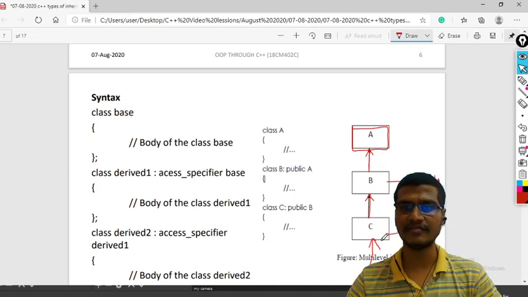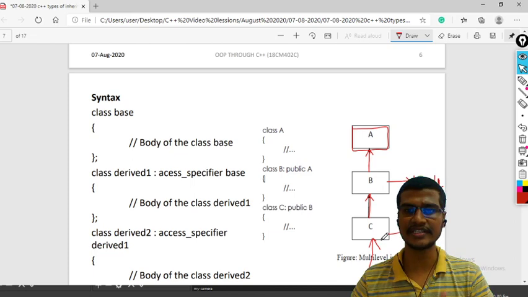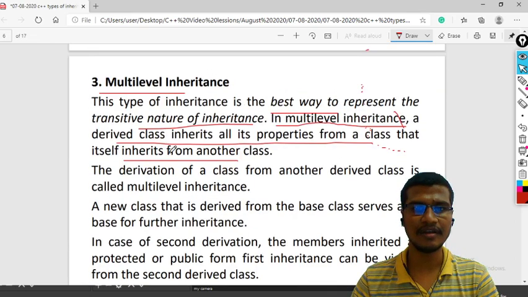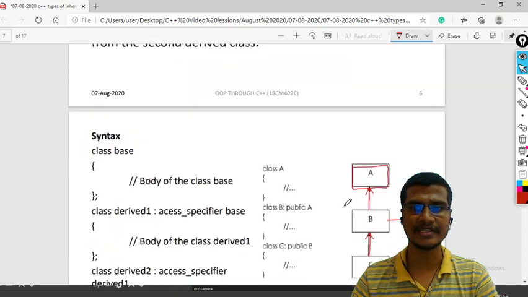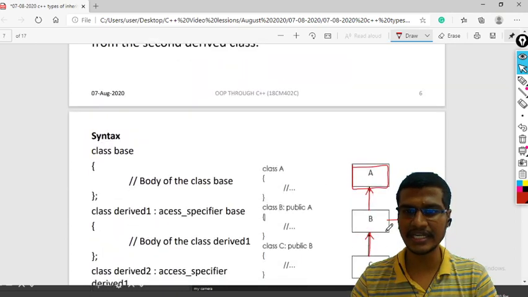In this way, if the derivation is defined level by level, then this type of inheritance is called multi-level inheritance. In a simple way, a class is derived from another derived class. This B is also a derived class and C is also a derived class.